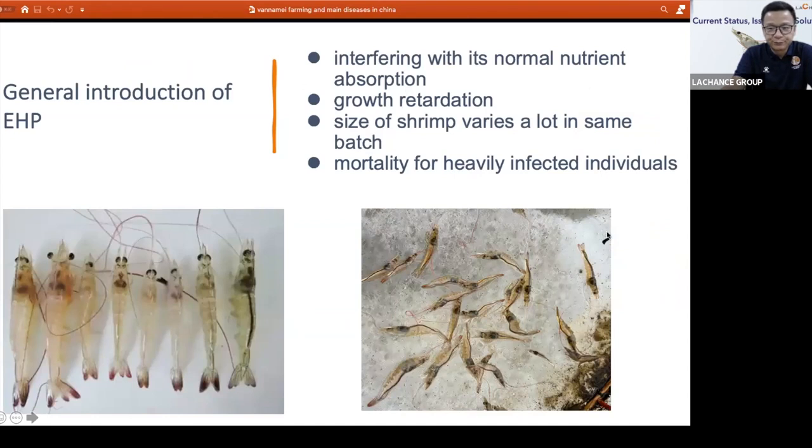Another is the syndrome. Once infected by EHP, the first thing you will see is growth retardation. Some shrimp at 50 or 60 days are only 3 to 4 grams, when they should be around 10 or 12 grams. This is a normal growth rate, though it also depends on your situation, your feed, and the protein content in your feed. But if less than 5 grams, that is too slow. Even if your shrimp keep feeding, they may be infected